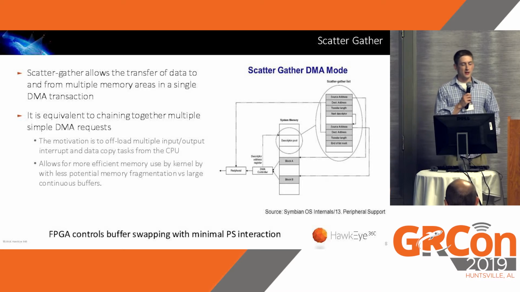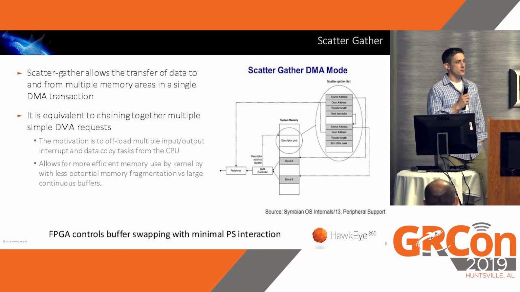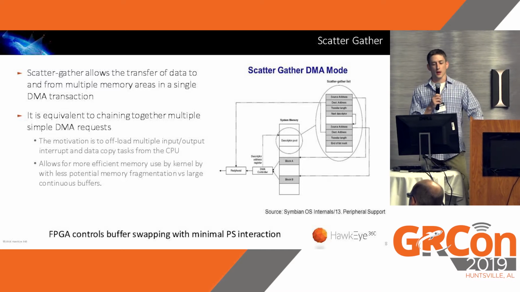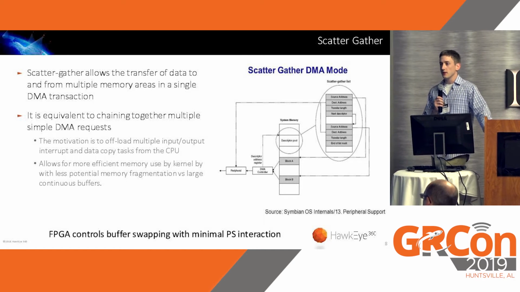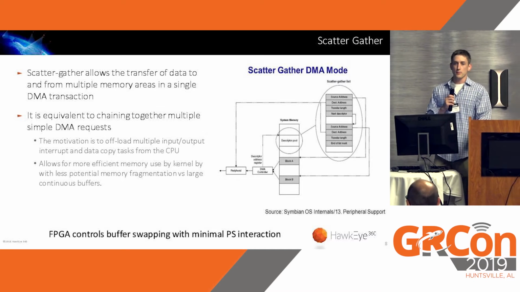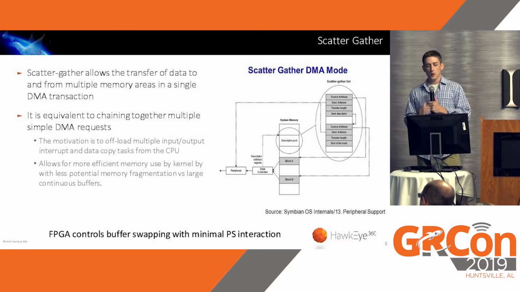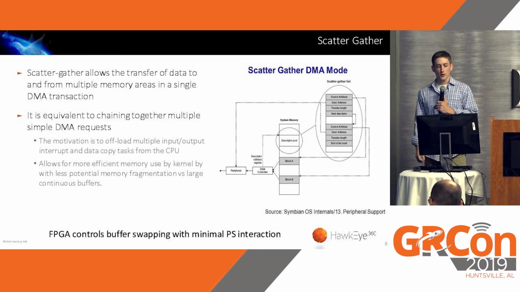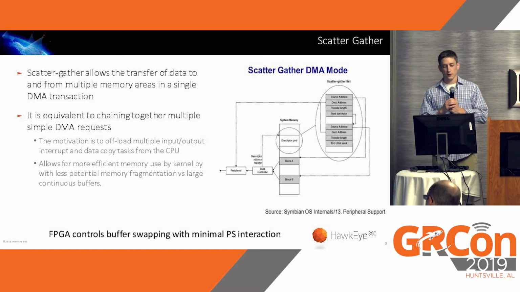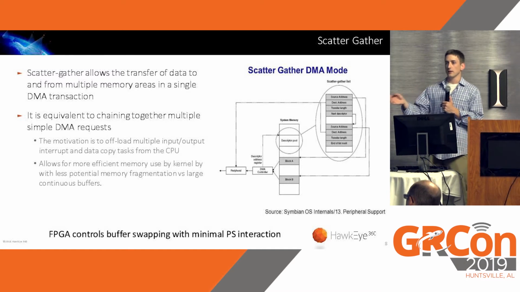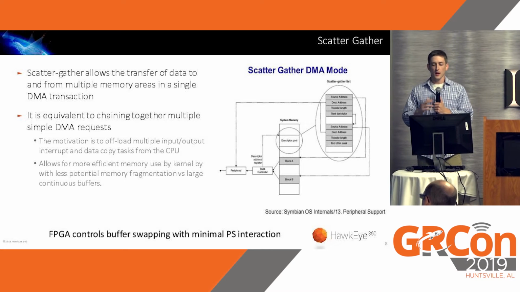What are the hardware architectures that do DMAs? So the first one to talk about is what's called the scatter-gather DMA. The idea here is that the hardware that you're using is able to look at memory pointers. You can configure all this ahead of time, and then the hardware that's doing the transfer chains together multiple DMA requests. So it'll transfer data, and then it'll read the addresses for the next transfer,